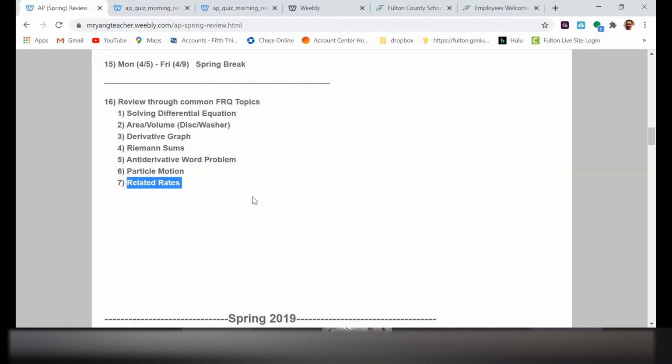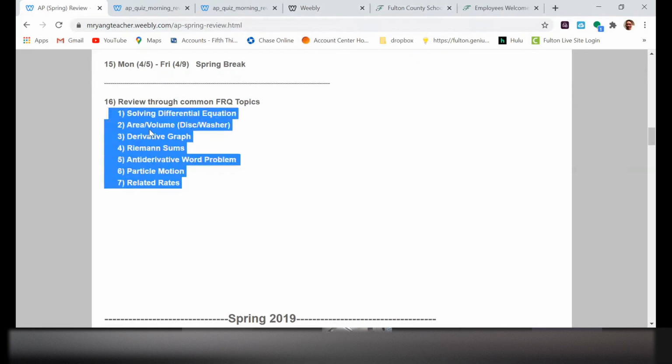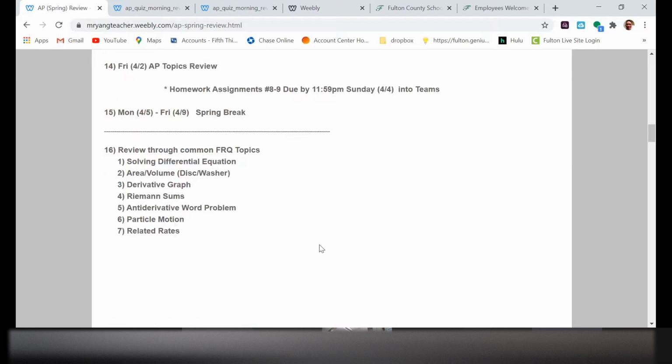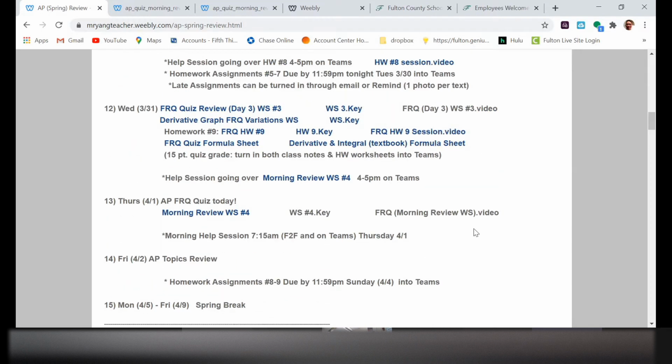So these are the big topics, right? And I'm hoping that when we come back from spring break, we can do an FRQ a day, but also hit some of the multiple choice topics, so that in a month's time or 3 weeks' time, you'll feel really good and comfortable leading up to the AP exam. Okay. But along the way, we also need to get ready for a pre-AP test, which I'm still trying to figure out the format of. So we'll be working towards that as well. But yeah, any questions that you guys have?